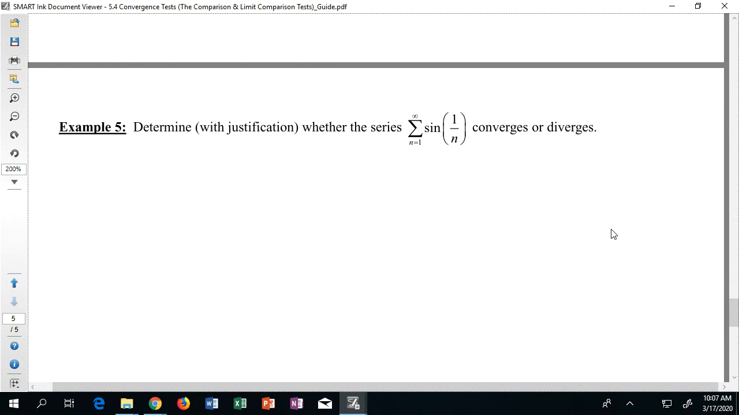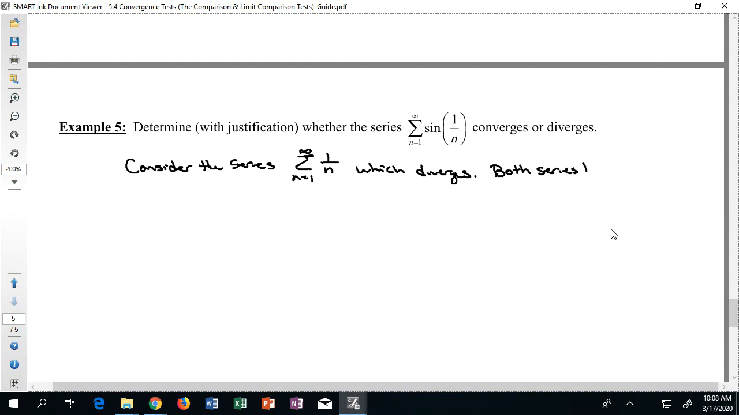Again, this might be difficult to try to start to work with, but I could maybe start with the following. Oops, I could say, consider the series 1 over n which diverges. Right, there's my nice harmonic series. I can easily see here that both series